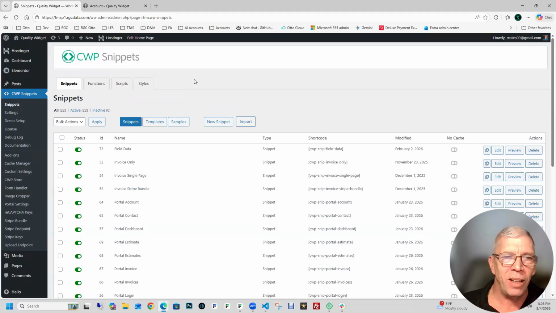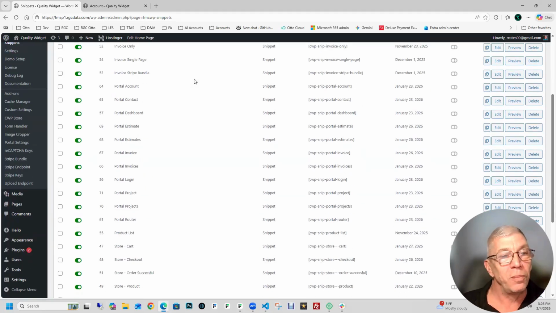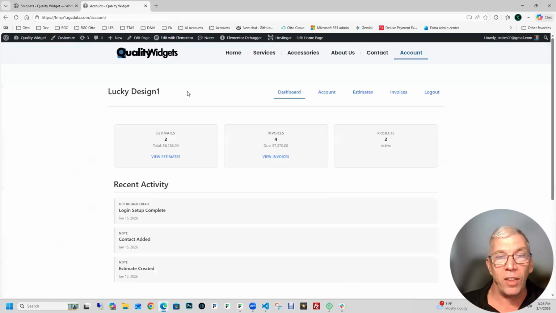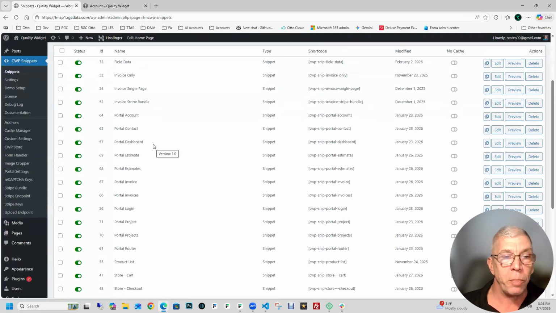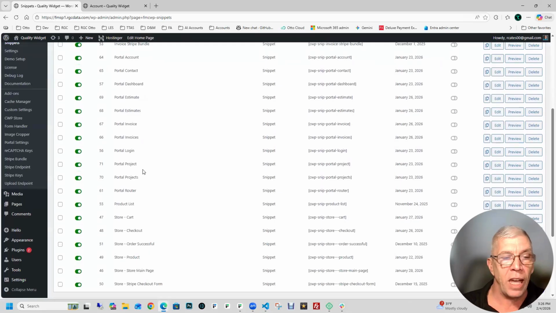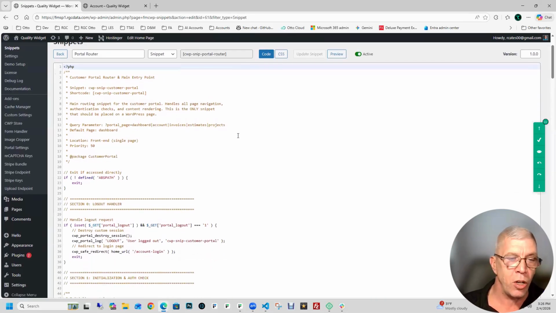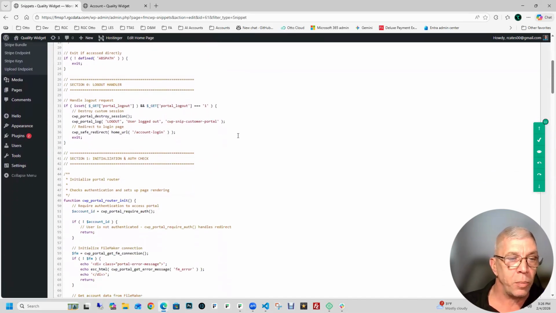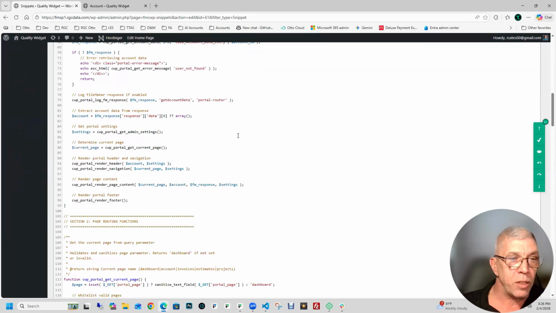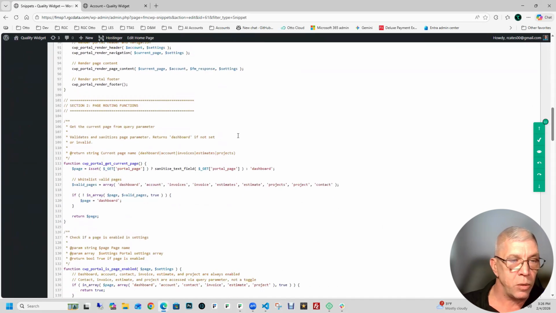But as I said, when we arrive at the dashboard, we're looking at our dashboard page, but we got there because we have a portal router. The portal router takes all of our requests and determines what page we want to show. And the way it does that is by, when it determines the page, we use,